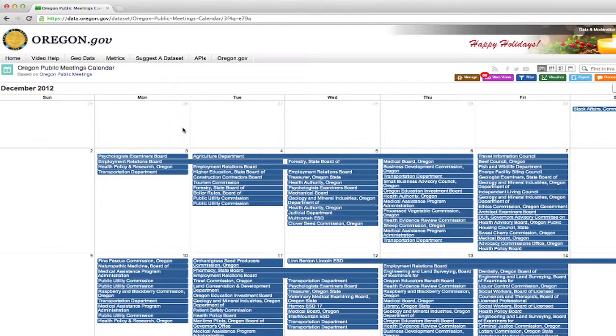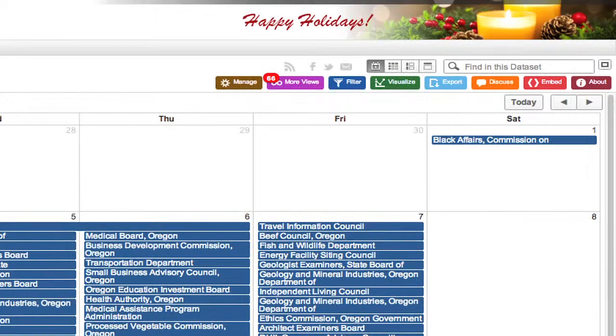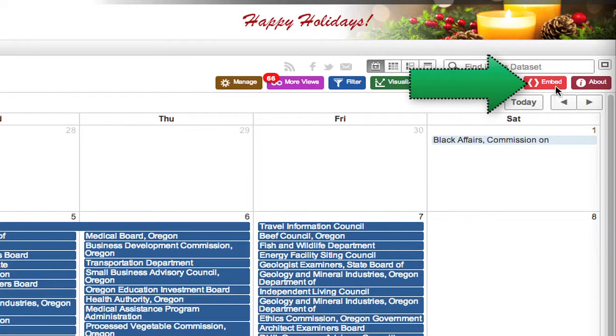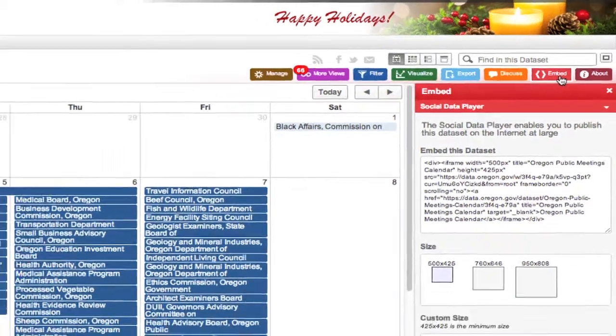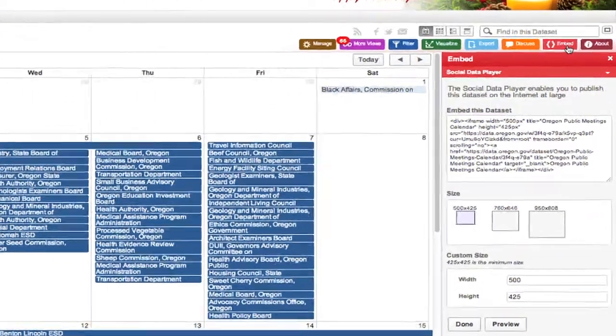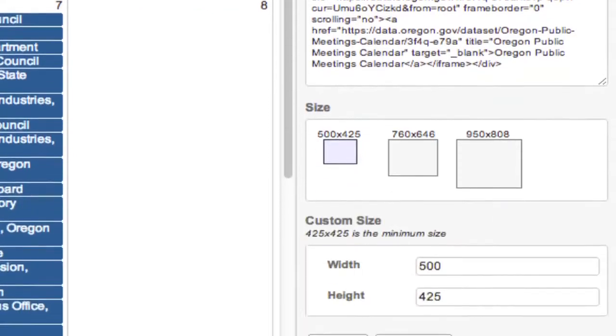When viewing the calendar, in this case the Oregon Public Meetings Calendar, look to the upper right side of the screen and find the Embed tab. Click on Embed. This will reveal this specific calendar's embed code, as well as the size of the calendar when